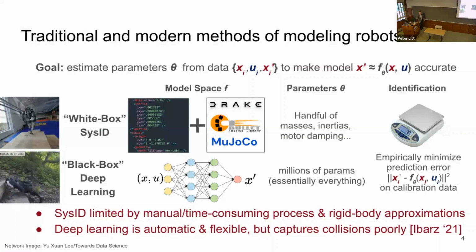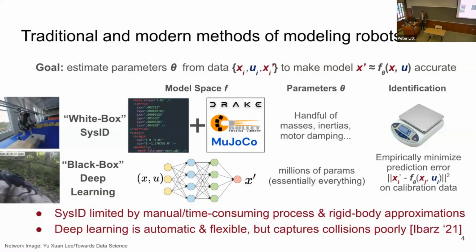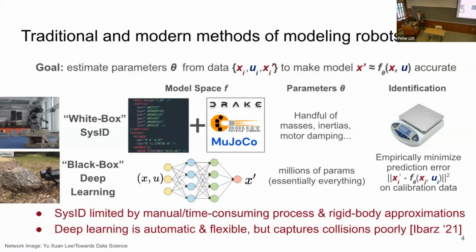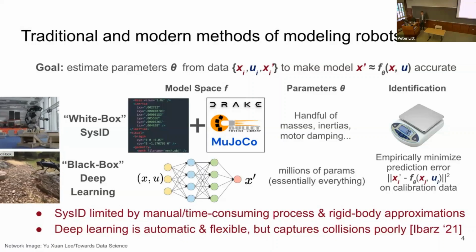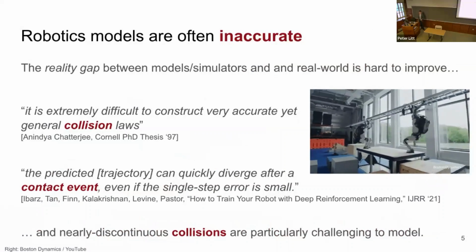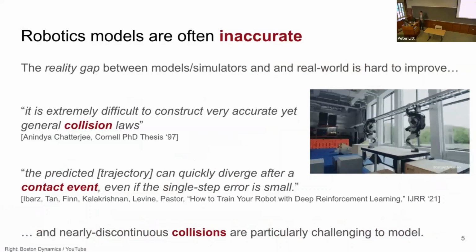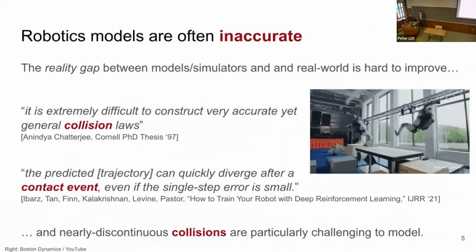But despite their powerful and flexible nature, empirically, we've seen that even the best practitioners in our field have had extreme difficulty in getting them to specifically model robotic behaviors accurately. And across physical and learned models, there is something about the way that robots collide with their environment that seems to be particularly difficult to capture.